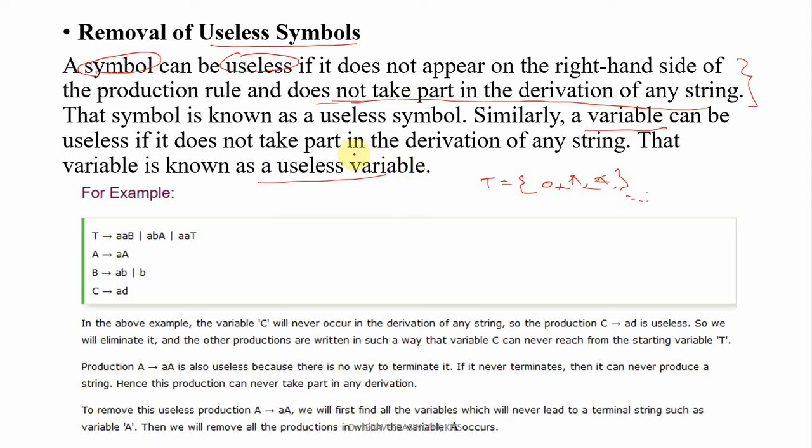They are not going to be useful in generating any strings of that language. Okay, and consider this example grammar. We have got 7 productions: 3 for T, 1 production for the variable A, 2 productions for the variable B, and 1 for